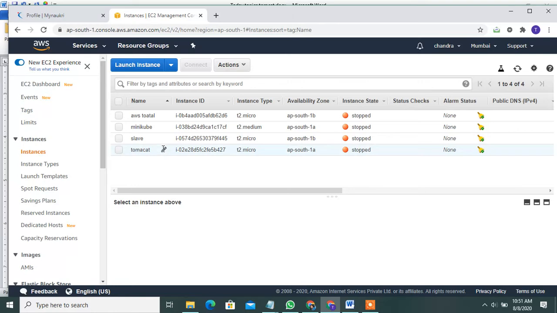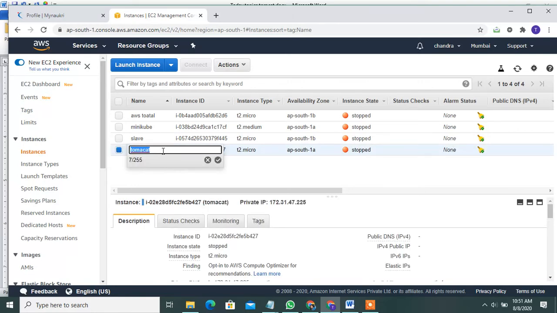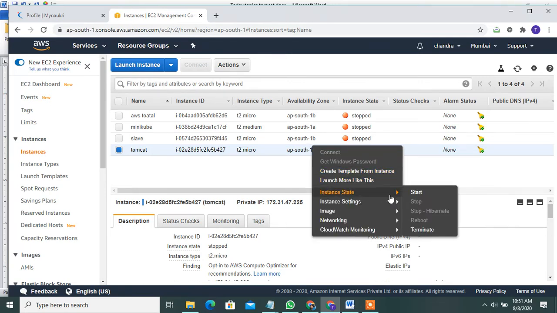This is for Tomcat. I'll install it and launch the instance also. Okay, I'll configure this. First of all, start my server.